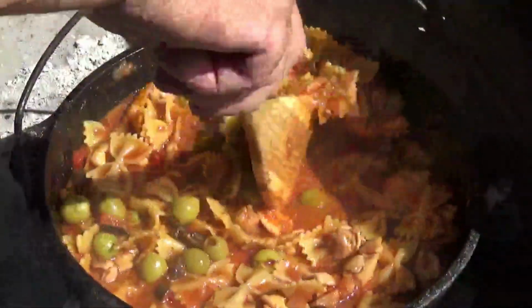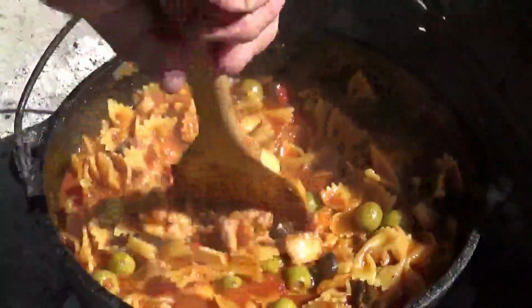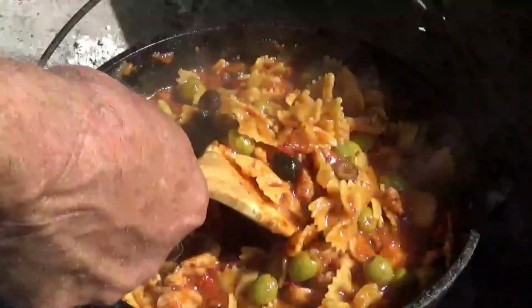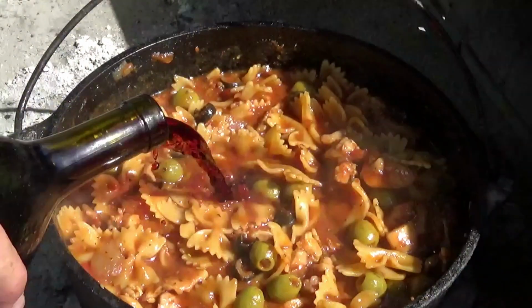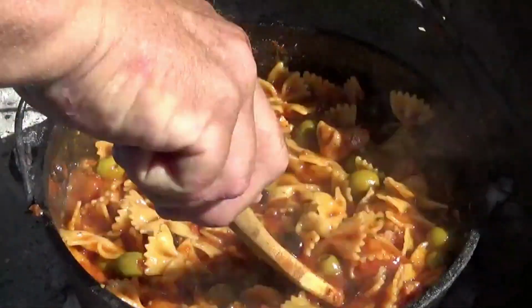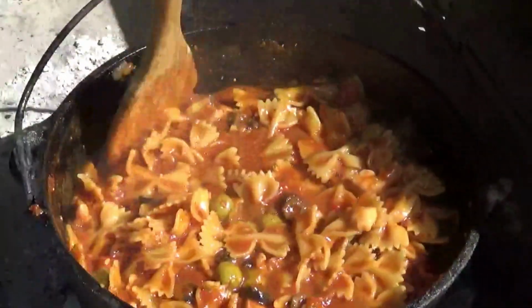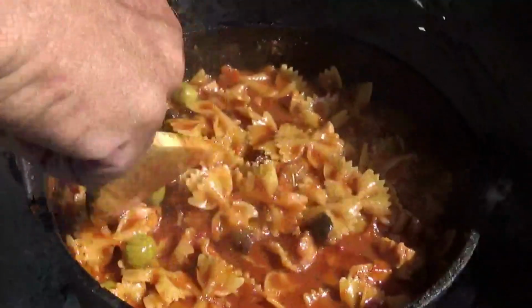And that's going to, that last couple minutes of the pasta cooking, flavor that sauce, flavor that pasta. You can see how good that looks right now. Might add just a little bit more. And then we'll have a glass off the side here for the chef too. And man, that looks almost as good as my made from scratch